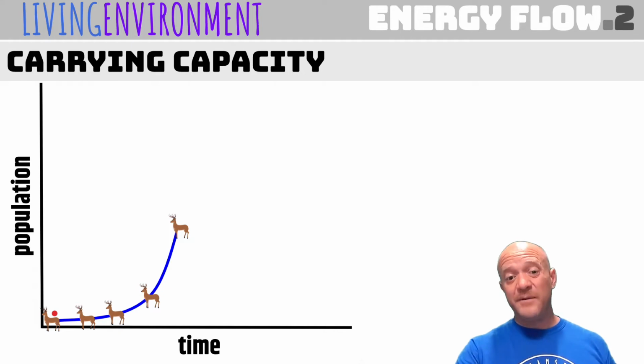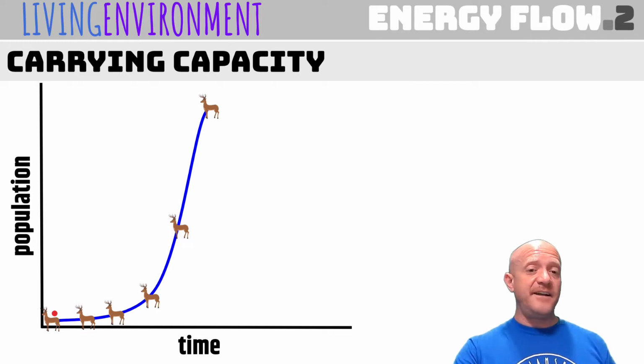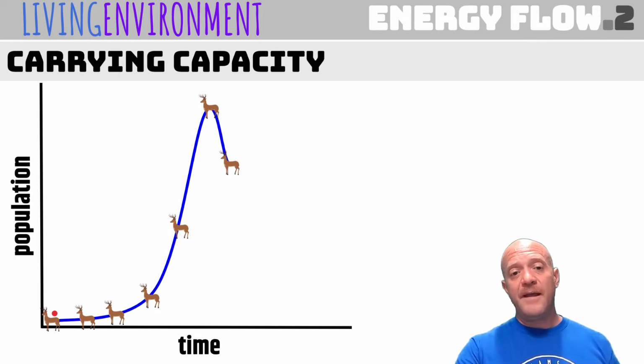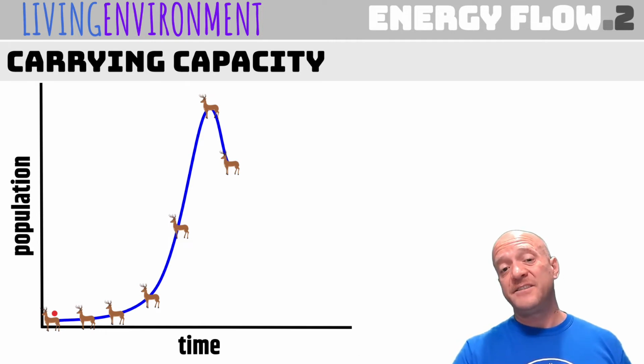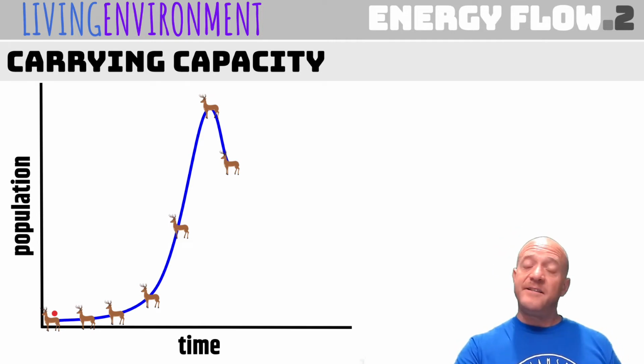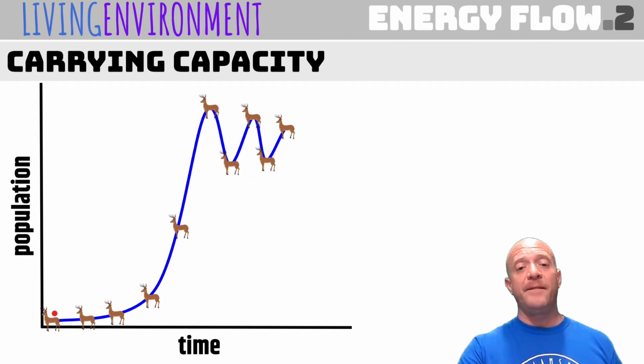That means really, really rapidly, where their population is doubling on a semi-regular basis. And then all of a sudden, it might drop. And that's because they've eaten a lot of the plants, and a lot of the deer start dying. Once they start dying, the plants grow back,